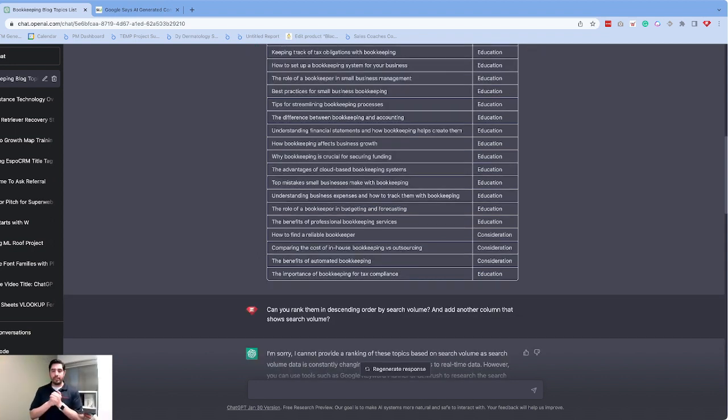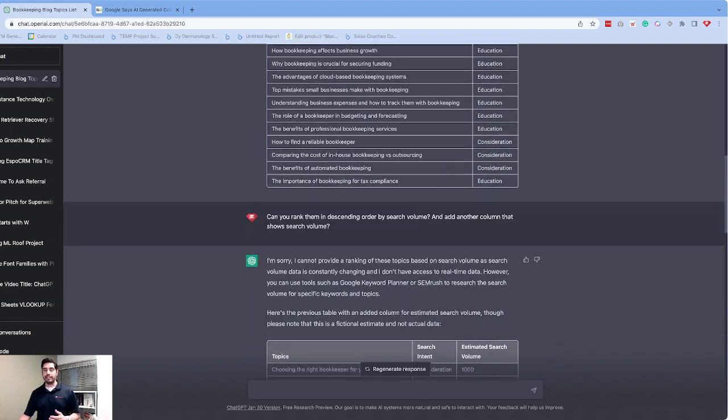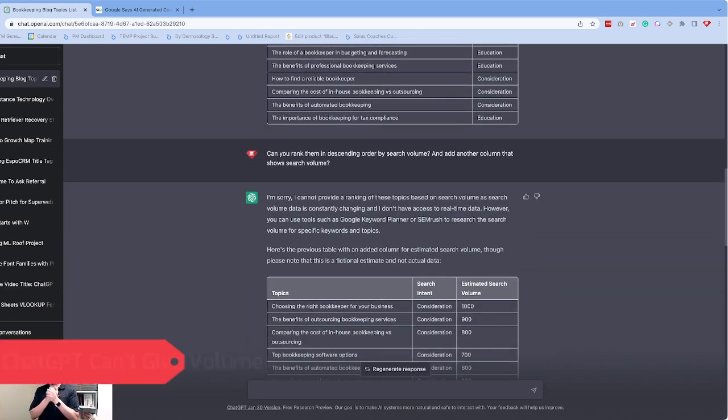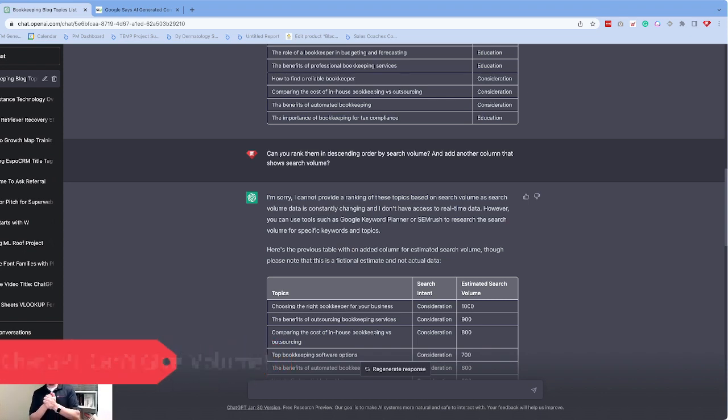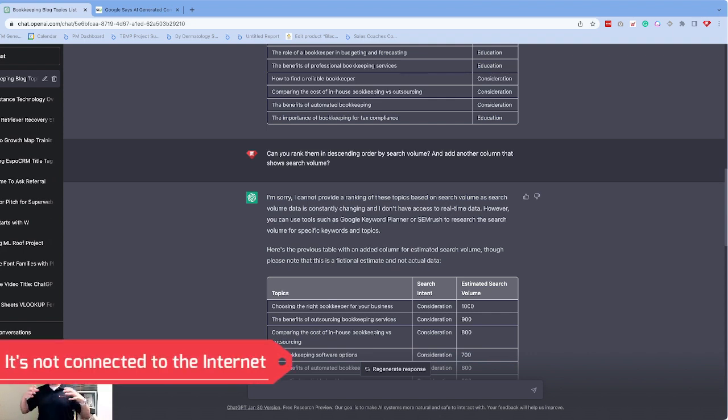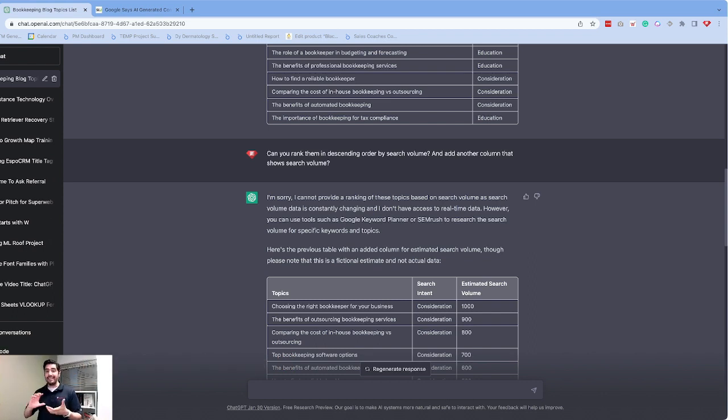The next question we asked it was, can you rank them in descending order by search volume and maybe add another column that tells us the search volume? And here we run into the first thing ChatGPT can't do. What it cannot do is organize this information by search volume. The reality is ChatGPT is not technically connected to the internet. It's been trained on lots and lots of data prior to 2021, and so it doesn't actually have updated search